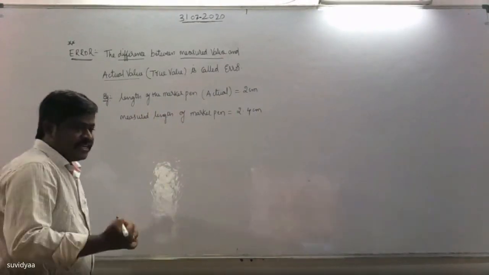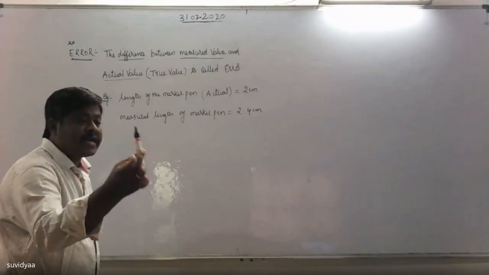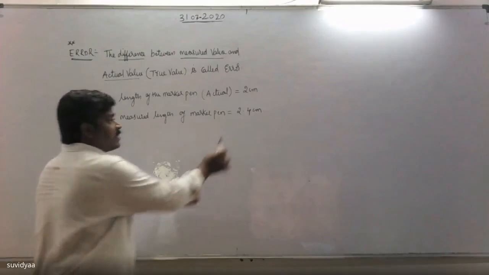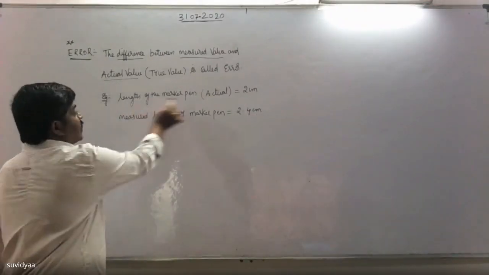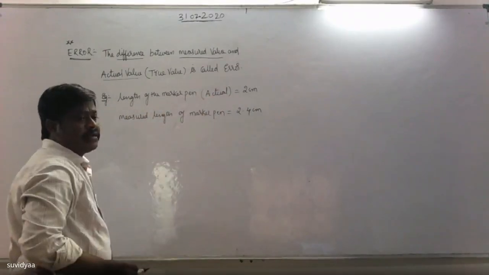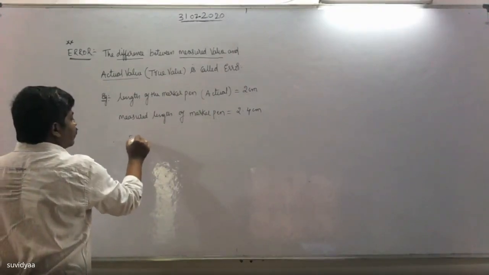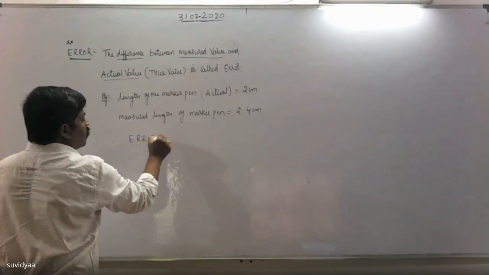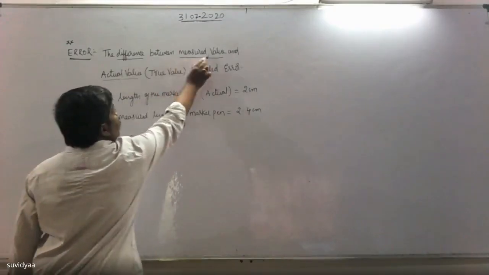If we measure the length of this marker pen, how much has it come? 2.4 centimeters. What is the actual length of the marker pen? 2 centimeters. Then, therefore, what is the error? Error is nothing but the difference between measured value